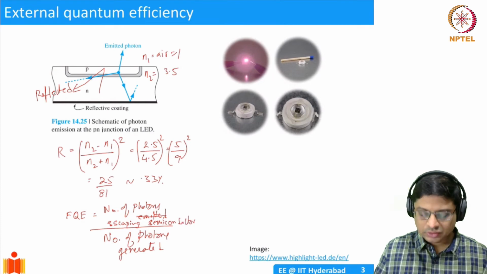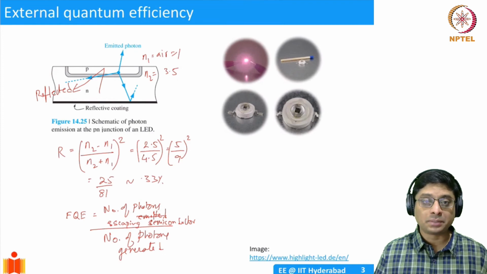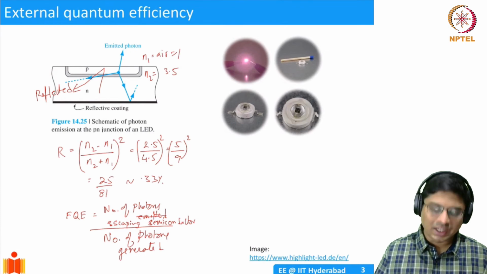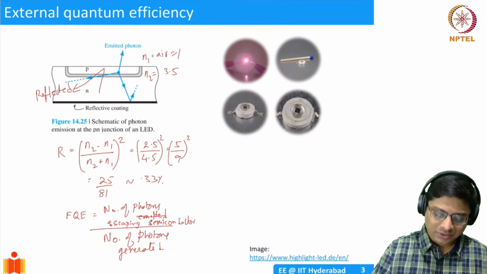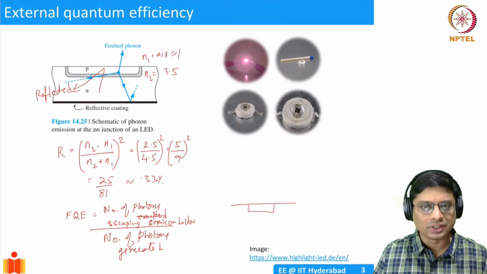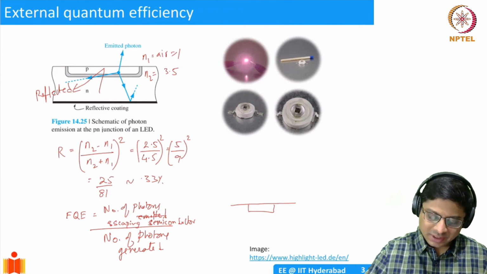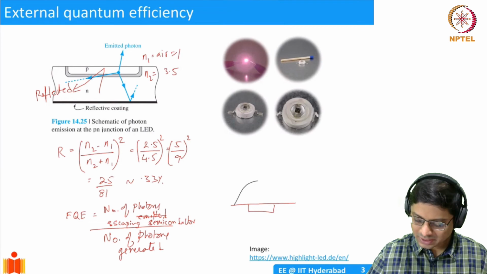Right? So what is the way? I mean, this seems like a large number. 1/3 of the photons are getting reflected. That's not a good thing. So in semiconductor LEDs, if you noticed, you will have an LED chip, which is, let's say, some PN junction and all that. There is some chip here. On top of it, you will see a dome-like material, something like this.